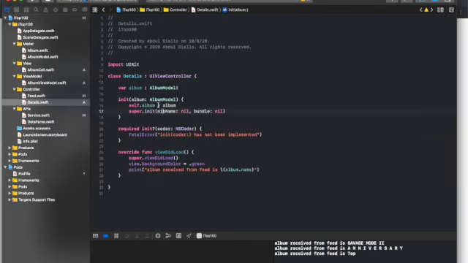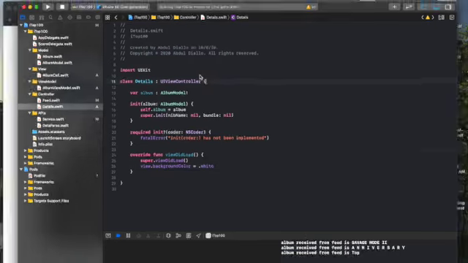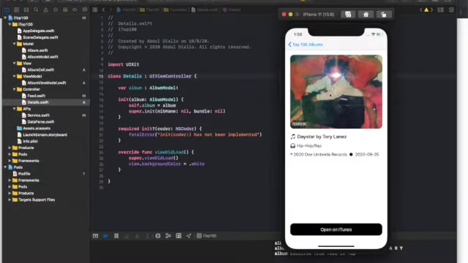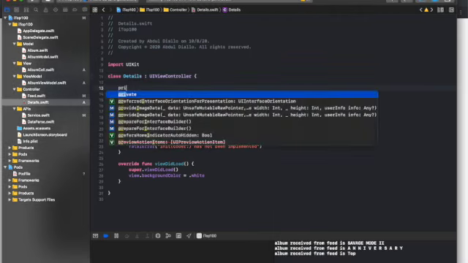Now we can go ahead and remove the background. Instead of making it green, let's make it white. Okay, we don't need this line of code no more, because we know for sure our album has been passed. Now what do we need to do? We need to create, because these guys have our image view and it has a title and a couple of labels. Okay, let's go ahead and put the image view first, then we put these labels, then we put the button. Let's go ahead and create a private